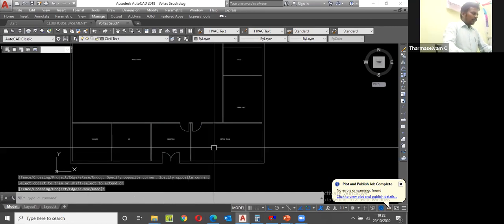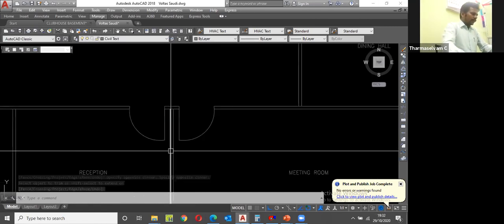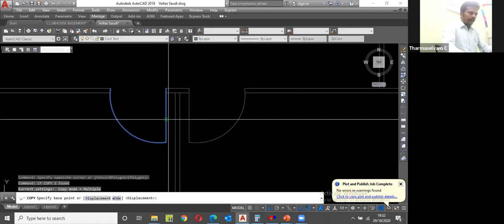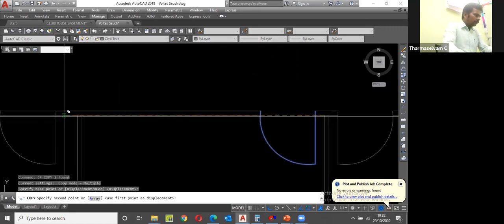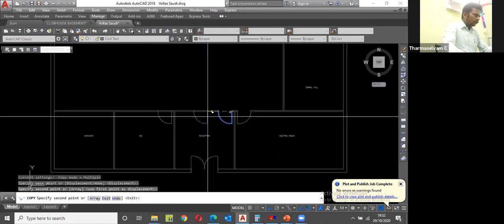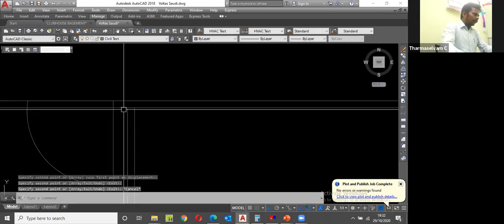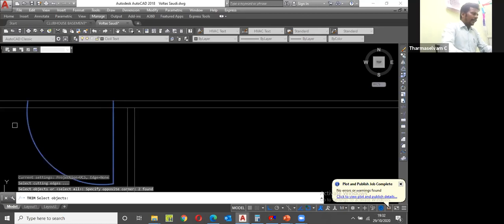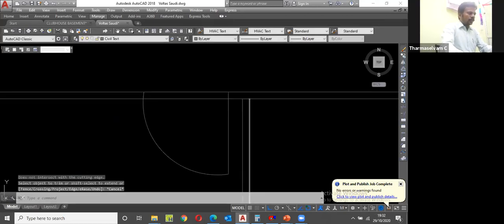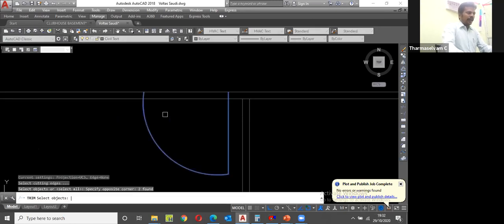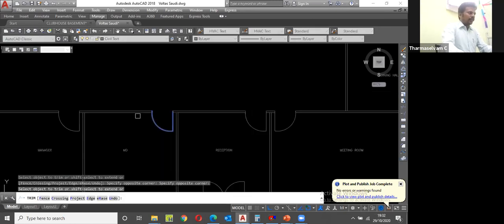Okay, then copy this door and take the midpoint from here and place it on this wall and here also. Now I'm going to trim this wall line. Select these 2 objects and enter it and click the wall line. Then select this door and enter and select this unwanted object.